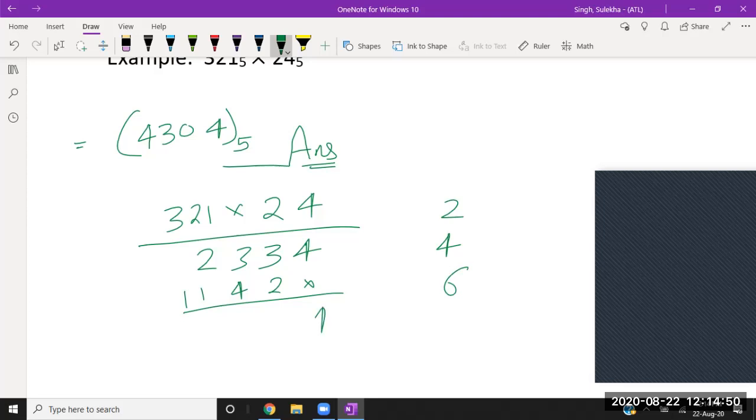1142. Okay, okay. So the addition of this one is 4. 3 plus 2 is 5. 5, I can make a pair of 5, so I am writing 0 and 1 carry. 4 plus 1, 5, 6, 7, 8. 8, I can pair with 5, and this is 3. 3, again 1 carry is there. 2 plus 1 is 3, and 1 is 4. 4, no pair of 5, that is 4, and this is 1. Okay, so this is your answer. Yes, sir. Now it is correct.